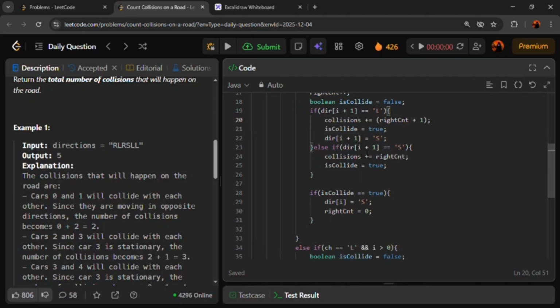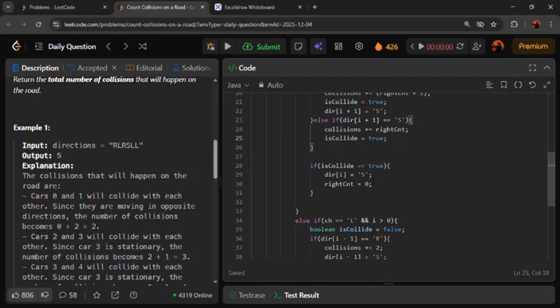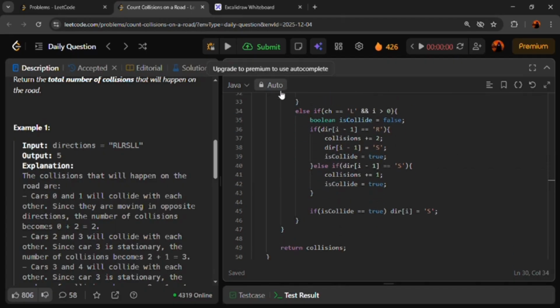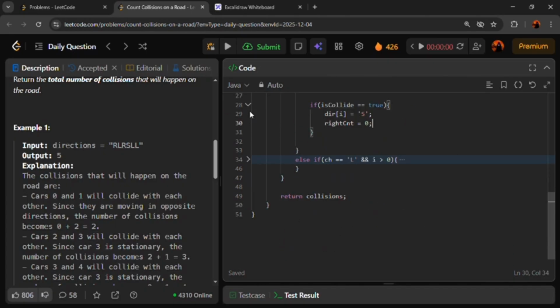And if the car at index i plus 1 is a stationary car, then we only have to increase by right count, we don't need the plus 1, and isCollide is true. If isCollide is true, then we have to make it a stationary car, and don't forget to make the right count 0, because all the previous right cars become stationary cars. The same goes for this